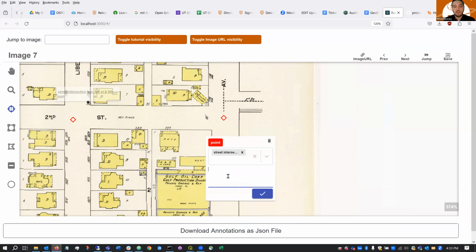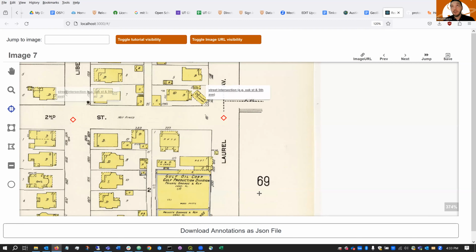We processed 200 Sanborn maps. Not all of them had identifiable intersections on them. Some of them were just kind of odd ones that didn't have intersections we could identify. But that number of annotations, so again, maybe 6 intersections on average per map, 200 maps that we processed, so maybe 1,200 intersection points total, resulted in a model that could detect intersections with approximately a 90% success rate.